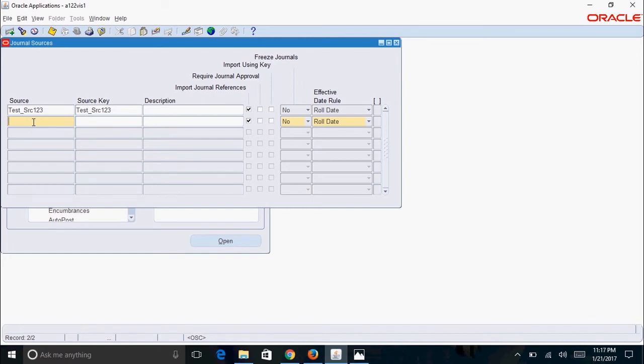Next shortcut is about how to copy the value from the previous field. Say if you want to copy the same value available here to this next field, you can use Shift F5. If you want to copy the entire row, you can use a keyboard shortcut of Shift F6. These Shift F5 and Shift F6 shortcuts are available in most of the Oracle application forms, and you can take advantage of these two shortcuts, and it will help in your speedy data entry.